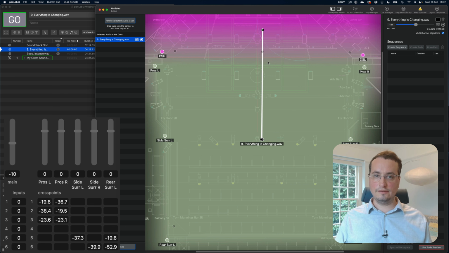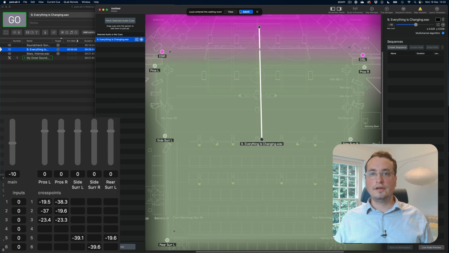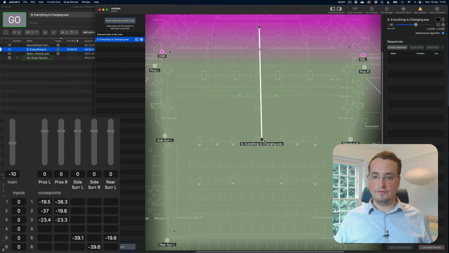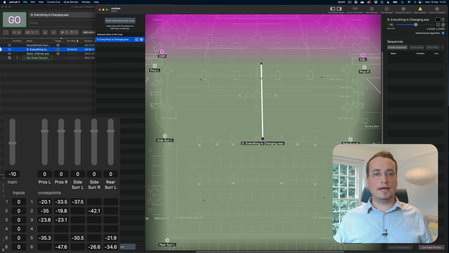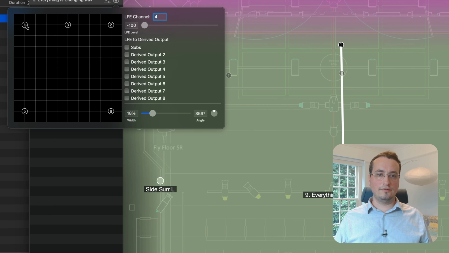So we could make this nice and big and put our left, center, right channels near the pros left and right, and our rear left and right channels onto the rear left and right as an example. And that is actually where this layout manager window comes into its own a little bit, because we can change the positions of any of these 6 channels in our file, and we can change which channel is the